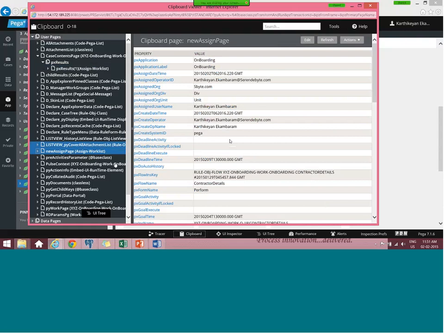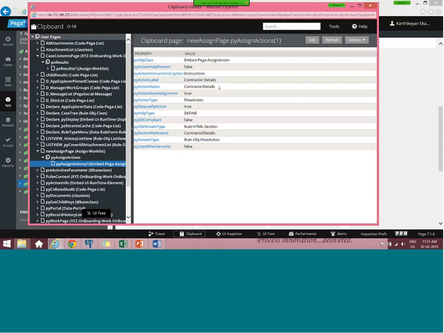This is the page you are working on right now, and it tells how many actions you have. Right now I have only one action, which is a contacted agent action. This content page is a predefined page which is brought out when the case comes. Even in review mode you can see this page, but only on click on an assignment will your assignment page be prepared. This new assignment page gets prepared.